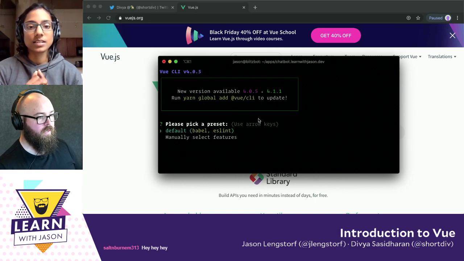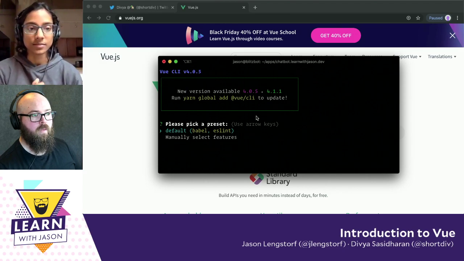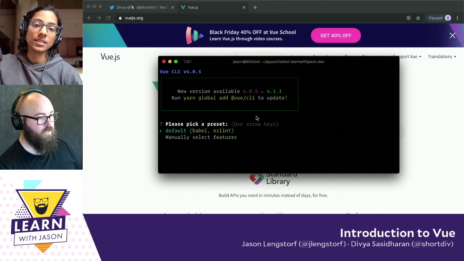So I am running that, which takes you through. You can either do the default settings, which will just set up a regular Vue project, which I think we can start with, because the manual features is where you start thinking about routing and Vuex and state management. Gotcha. Okay. Yeah. So I'm just going to choose the default,